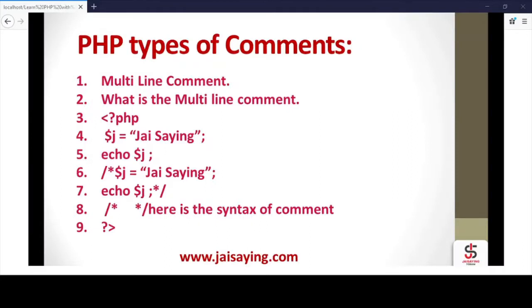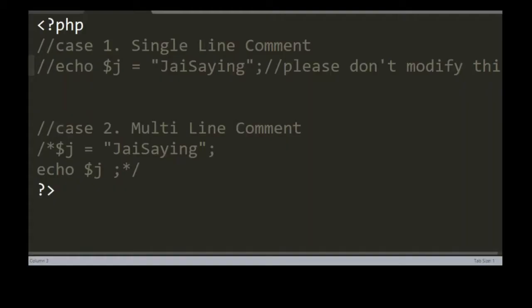Now I am going to explain the multi-line comment. Second case, multi-line comment. I have opened this comment, you can check.